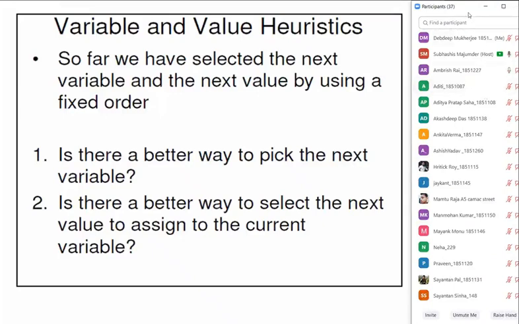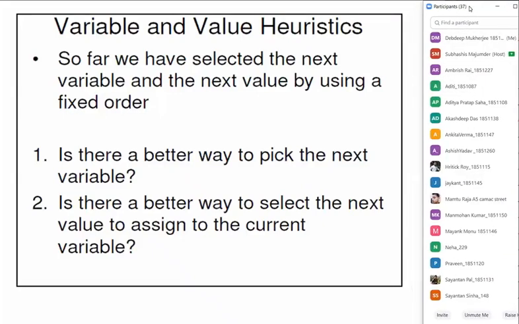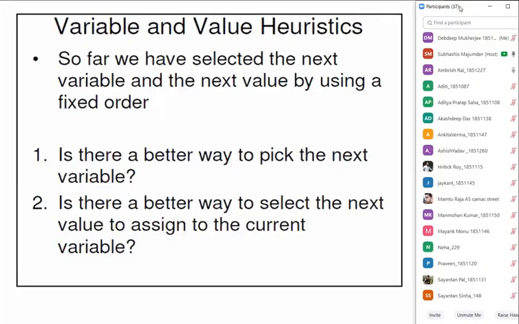So now, what I'm saying is, if we are a little flexible in choosing the order of the variable and choosing the values, choosing the values from a